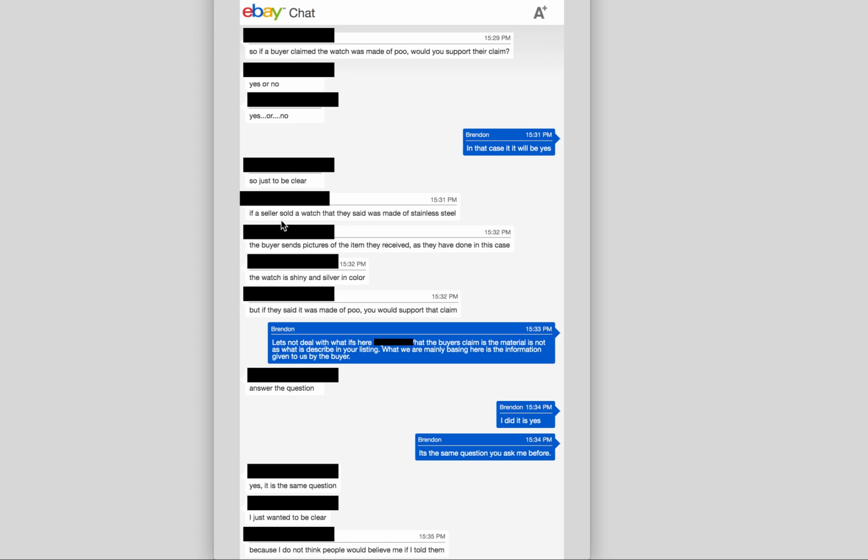So just to be clear, if a seller sold a watch that they said was made of stainless steel, the buyer sends pictures of the item they received, as they have done in this case, and the watch is shiny and silver in color, but if they said it was made of poo, you would support that claim. And then they try and avoid the question. As I answer the question, it is yes. It is the same question you asked me before, which is up here. Yes, it is the same question. I just wanted to be clear because I do not think people would believe me if I told them. So, there is just proof that